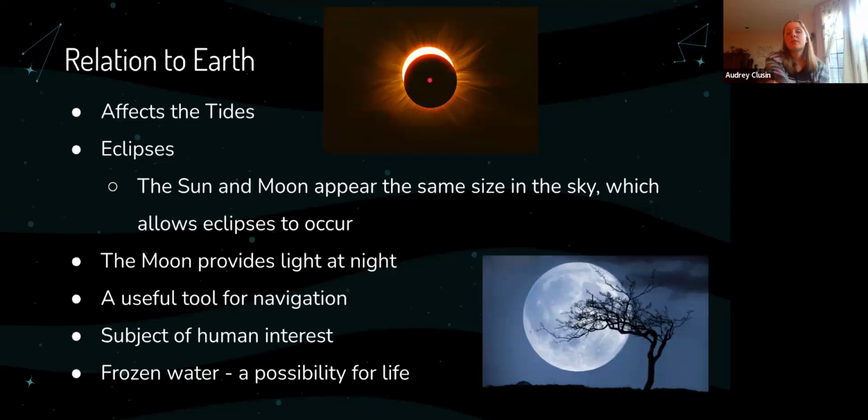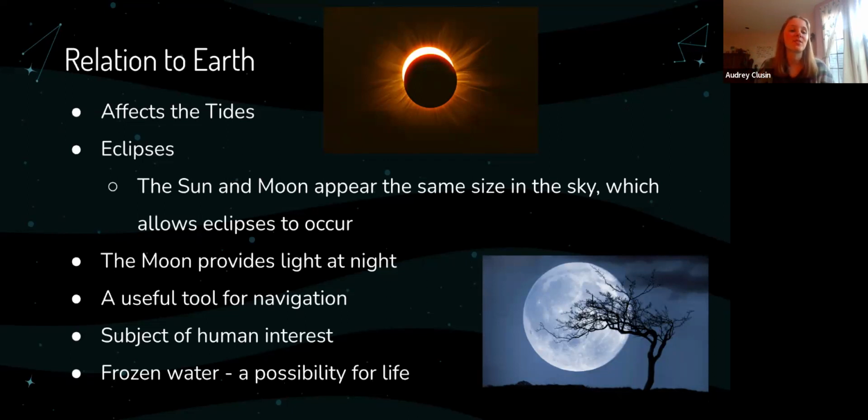The moon also provides light for us at night. We wouldn't be able to get things done otherwise. Nocturnal animals have evolved to use the moon's light at night, and otherwise this wouldn't really be able to happen. It's a useful tool for navigation sometimes. If you were a sailor, you would have had tools that I was talking about last week, like the astrolabe and star charts, but you can also use the moon. I don't know how that works, but if you know a lot about where things are in the sky because you relied on them rather than GPS, you would be able to find your way using specifically the moon.